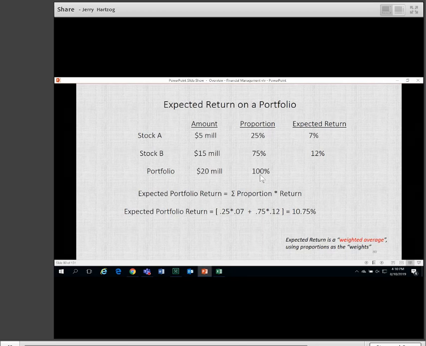So how am I going to determine the expected return on the portfolio? It's just the sum of proportion times return, proportion times return. So I'm going to say 25% times 7% plus 75% times 12%. I get 10.75%, my expected portfolio return. Again, it's what we call a weighted average. I'm getting a weighted average of these expected returns using the proportions as the weights. Before, I got a weighted average of expected returns using probabilities as weights. Now I'm using proportions as weights, but the arithmetic is the same,